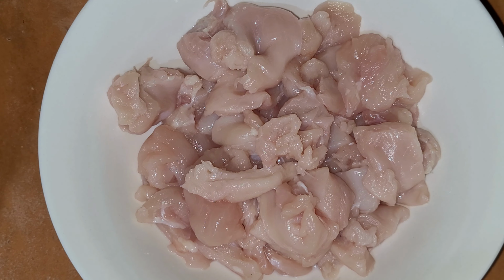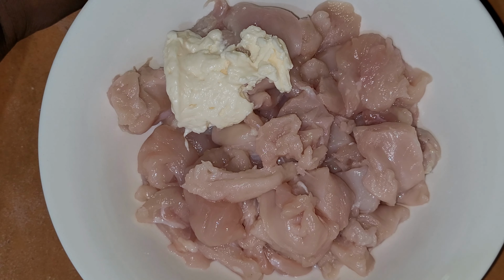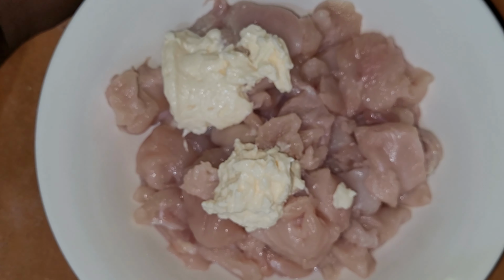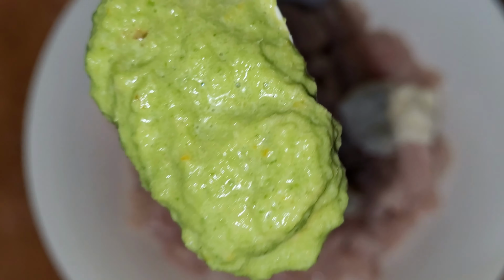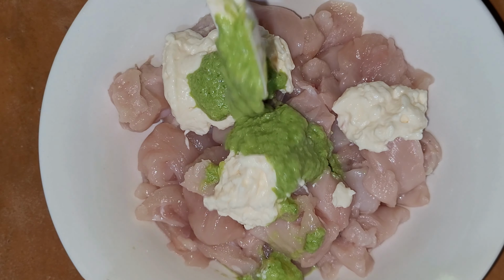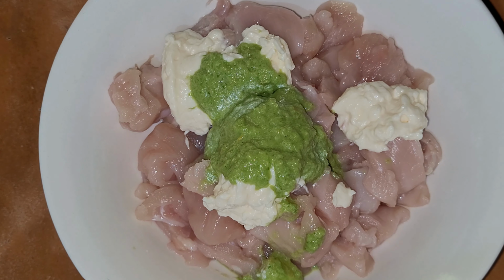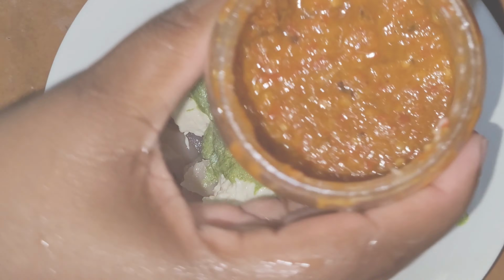Here we have some cubed chicken breast, to which we're going to be adding some mayo, our green seasoning from earlier, and a few other spices. Now guys, I remember growing up and hearing that, oh, you can't heat mayo because it's poisonous. But really and truly, mayo is just a homogeneous mixture of egg, oil, and vinegar, all ingredients that you can